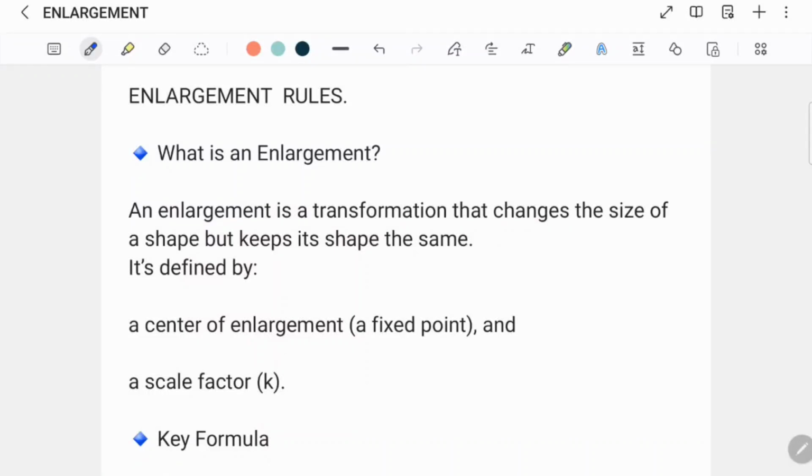In today's video, we are learning about the enlargement. It's a type of transformation that changes the size of a shape but keeps the same proportion. In the next video, you'll learn how to describe an enlargement, what's the scale factor, and how to find out